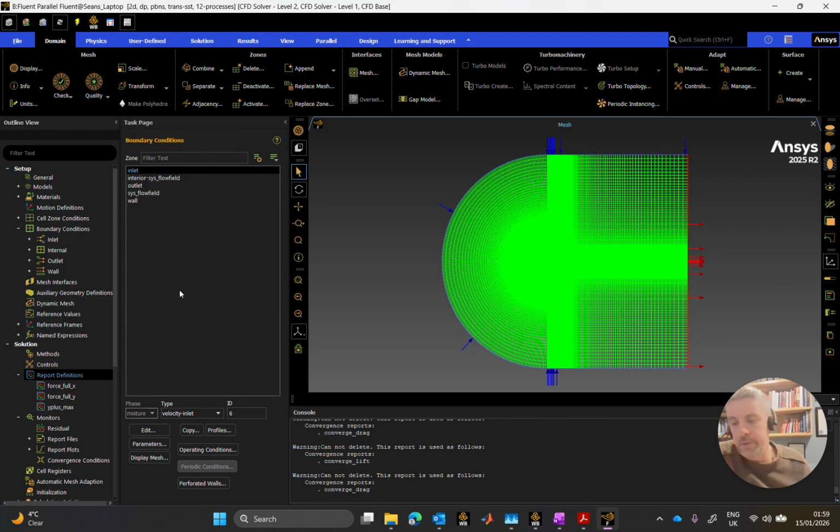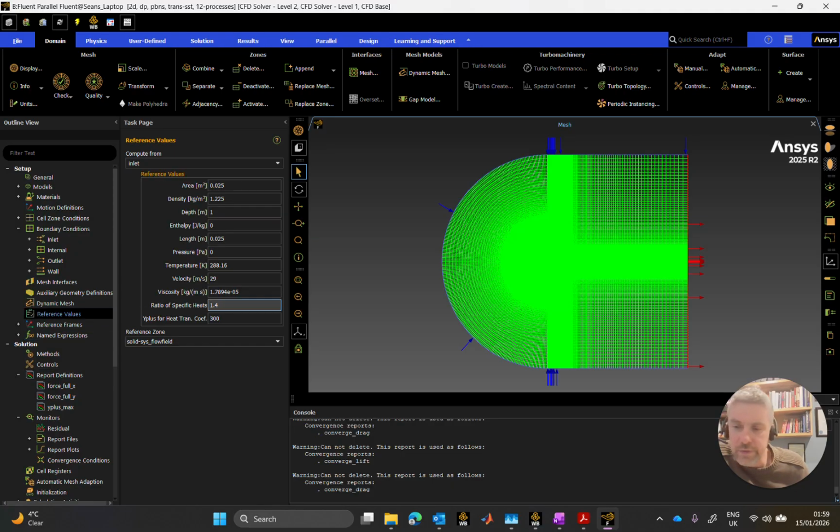There we are, Y plus. So now I'll be able to read that out of my table as well. Now back into my, and by the way, this is what I'm going to be also doing on this. In my reference values here, every time we walk out the